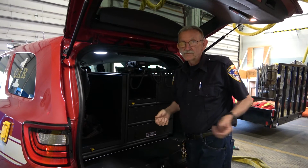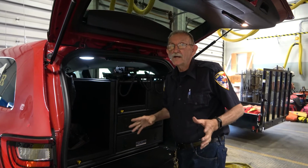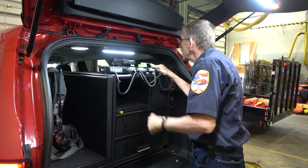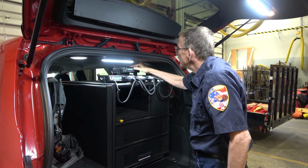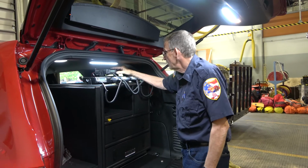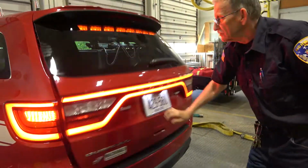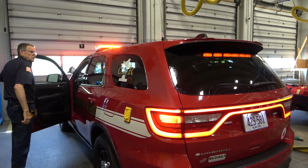If, say, a fireman gets in trouble and calls for a mayday, which means I need help now, we might miss that. Like, see, this is Norway Fire, which is our frequency. We haven't put them on, but we can change that so I can go to Frost Hill, Fireground, State Fire. That would be County Fire Streaked, which would talk to Oxford County. So we can get different channels there. And then also another feature that this has, you see the red lights on here? I can change that to a hazard